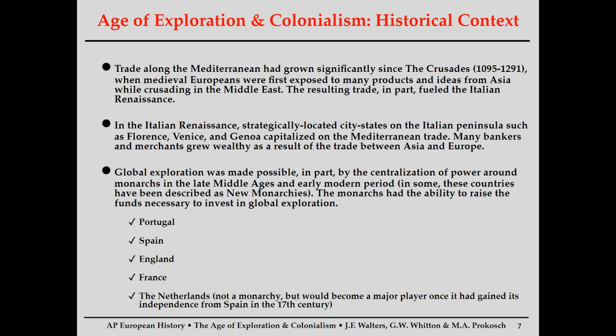And that's going to promote the need, or really I should say the want, for these luxury items, because folks, who wants to cook a chicken with no pepper on it, right? Yeah, exactly. All right, so a lot of that trade is initially dominated by the Italians. We know why. They're right in the middle of the Mediterranean, especially the Florentines, the Venetians, and the Genovese. All right, so for us, we're going to see at the beginning of colonization, it's going to largely be led by the Portuguese and the Spaniards, but pretty quickly, the English, French, and the Dutch are going to surpass both the Portuguese and the Spanish in control over this international trade as well as colonization.